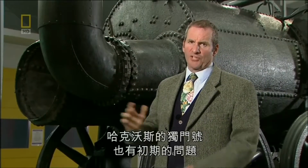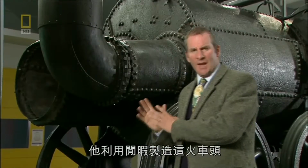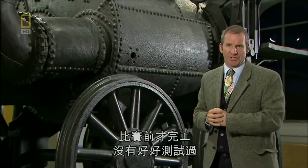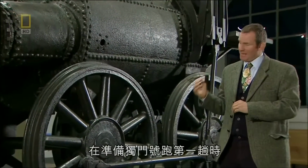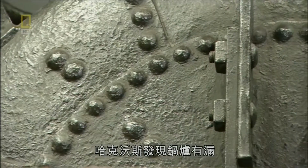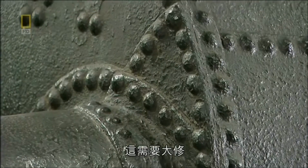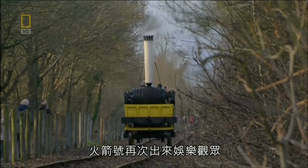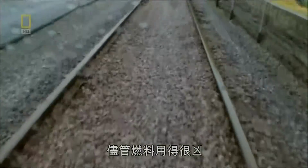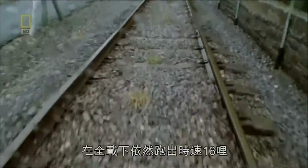Hackworth's Sans Pareil also had teething troubles. He'd built the loco in his spare time, outsourcing key components, and had finished her just before the trial started without any proper testing. Getting Sans Pareil ready for her first run, Hackworth discovered her boiler was leaking. That called for serious repairs, but the judges allowed him the time. Again, Rocket was wheeled out to entertain the crowds. Once the leak was fixed, Sans Pareil managed her first official run. Although her fuel consumption was high, she managed to hit 16 miles an hour with a full load. She was looking good, but then...